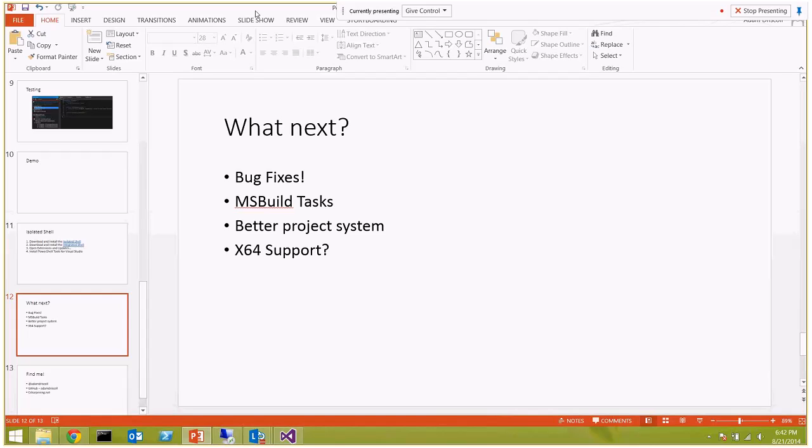The other big thing, a big downside of using the PowerShell tools for Visual Studio, is there is no x64 support. Visual Studio itself is a 32-bit process, and there is no 64-bit Visual Studio. So it is unable to actually run lots of the newer things that are coming out. So that's a big hurdle that I need to jump over, and I've been told by a lot of people it's going to be a very difficult one to solve